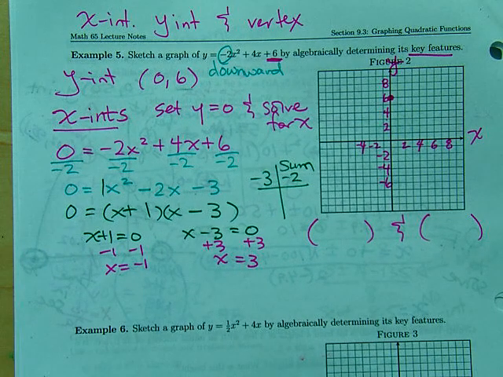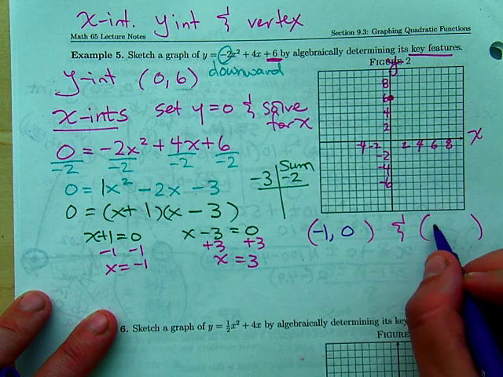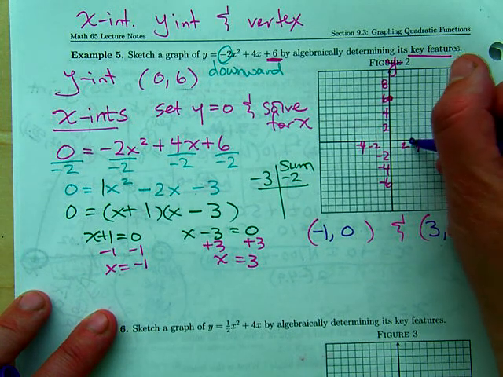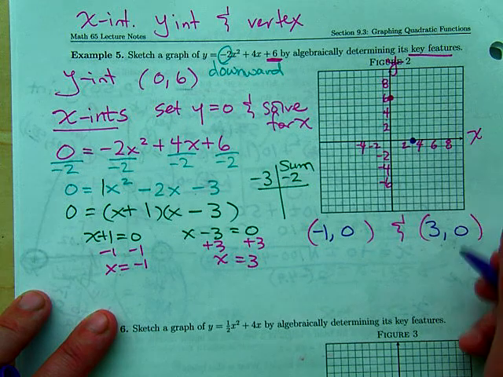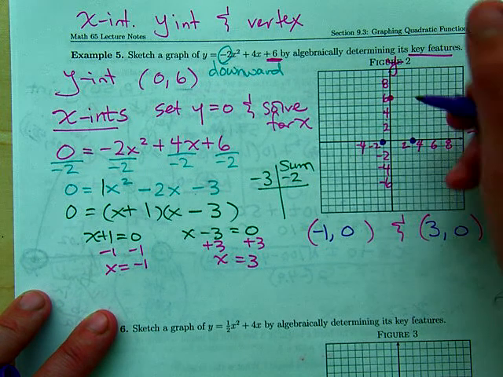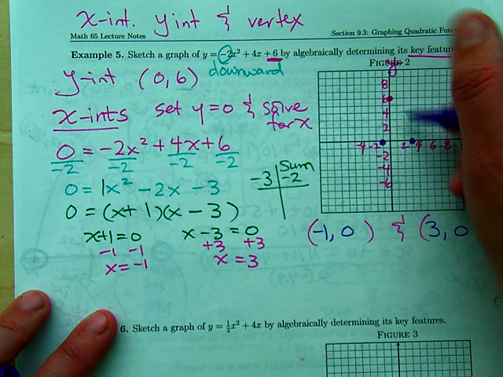What are the ordered pairs that I'm going to graph? So negative 1, 0, because remember x, y, and 3, comma 0. So this intercept is here, and then negative 1, 0 is here. Remember, it's opening downward. To complete the picture of what it's looking like, we have x-intercepts, we have y-intercepts. What's the